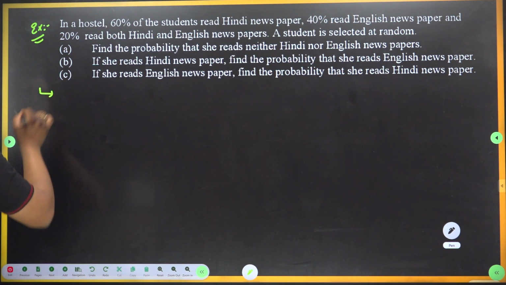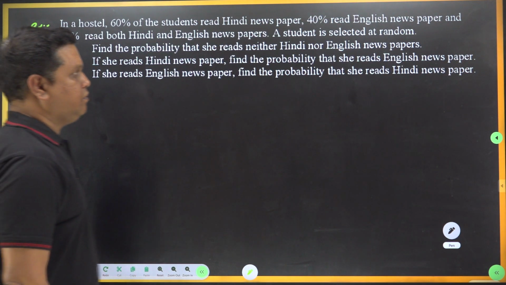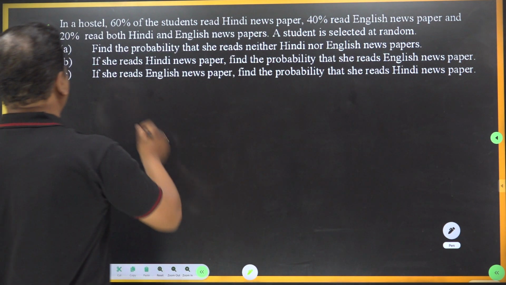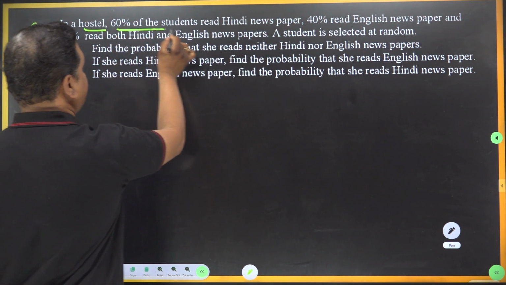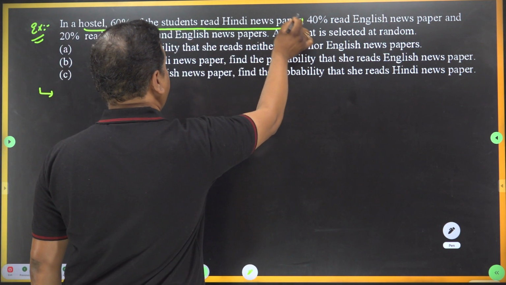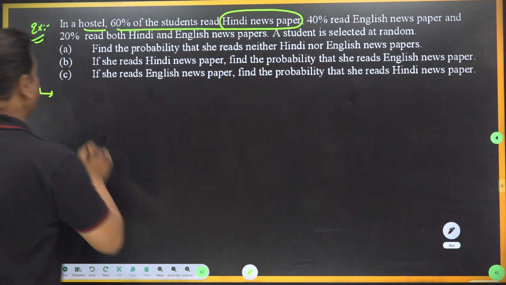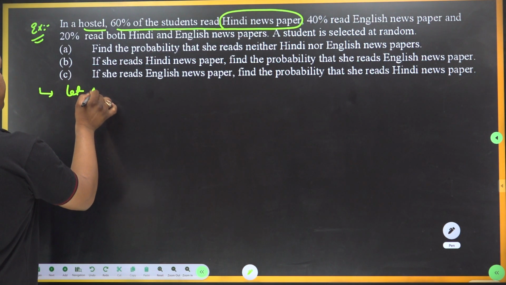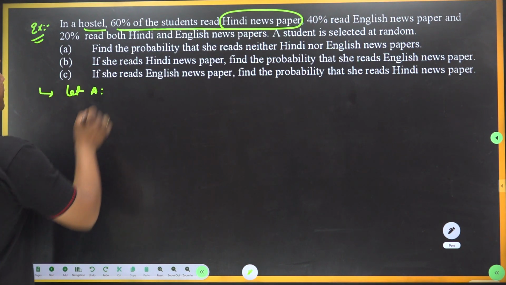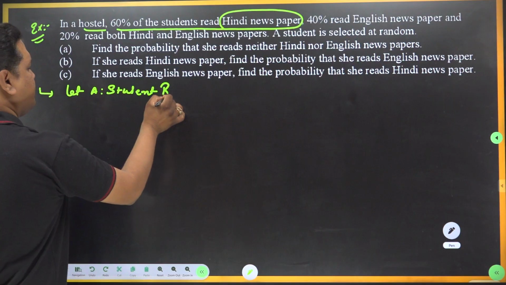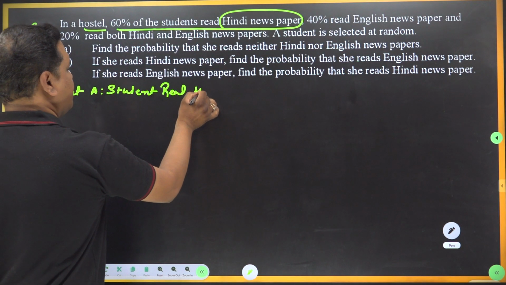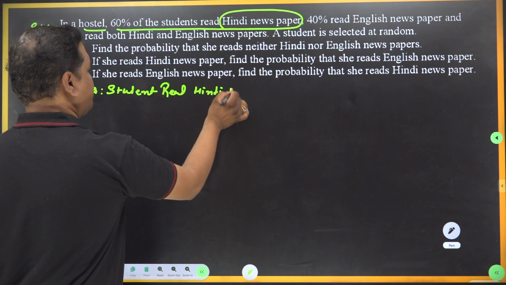Next example. In a hostel, 60% student read Hindi newspaper. So let event A, student read Hindi newspaper.